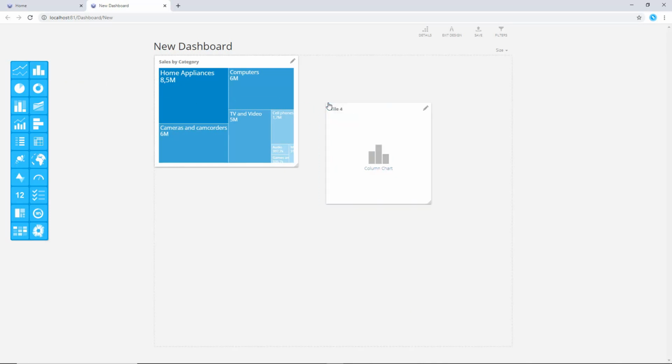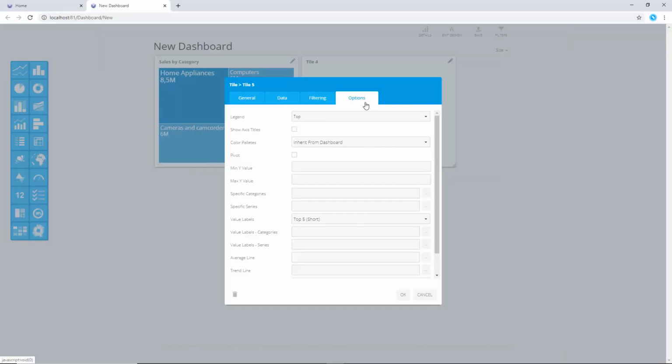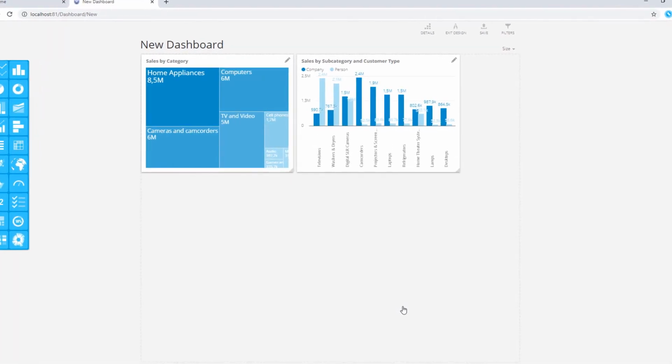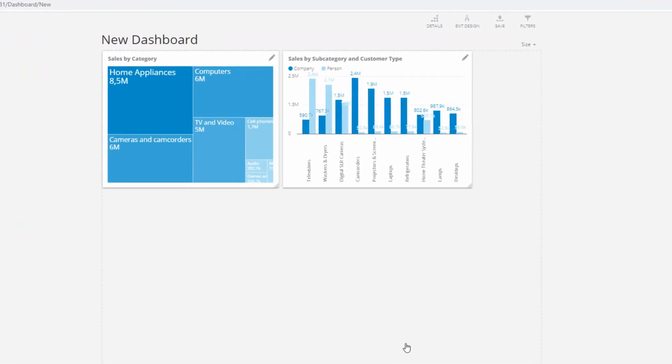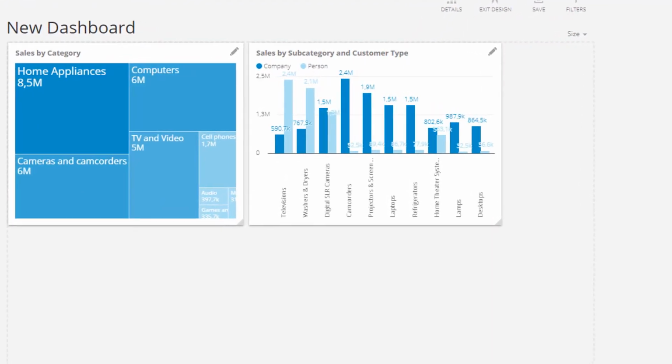Next, we will add a column chart, resize it to 440 by 330, and connect it with our second analysis, the Sales by Subcategory and Customer Type. We will set the Value Labels property to All Short again and press the OK button. The column chart visualizes the product subcategories with an insight into the customer type series. We immediately see that the impact of the sales related to companies is much higher than that of sales related